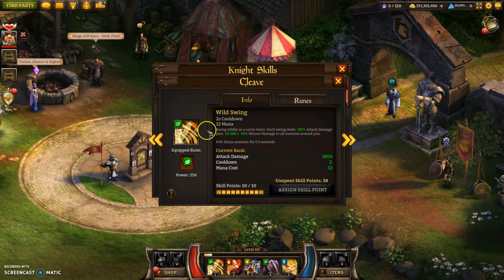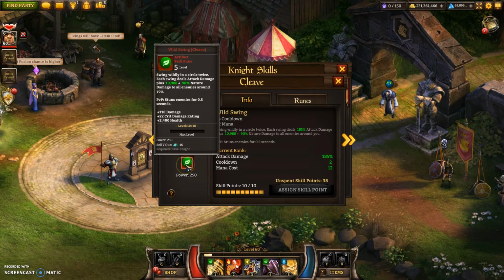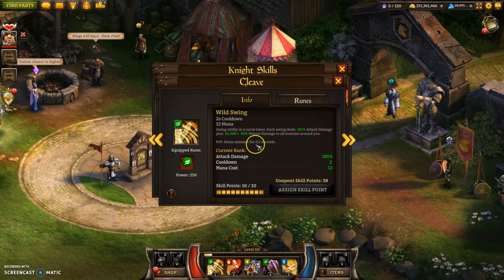Wild Swing is going to be your biggest damage output. For that, I can say for sure. It's crazily good, just ridiculously good. To explain it quickly, you've got the attack damage here about 185%, and then the nature on top. You can equate this 10,000 to about 25% because you're going to be using a damage potion. Imagine that's about 25%, and what this will then do is about 115% nature damage. So add that onto the 185, you have the Wild Swing hitting 300%, except, of course, this swings twice,